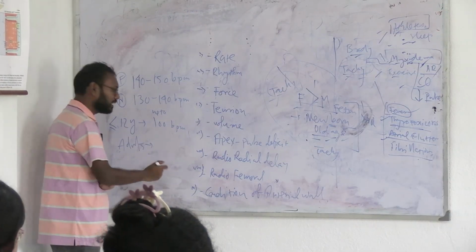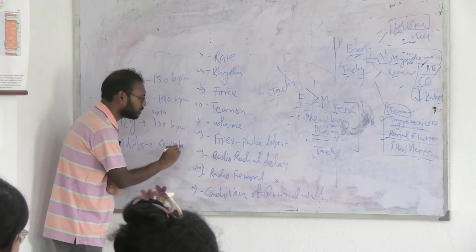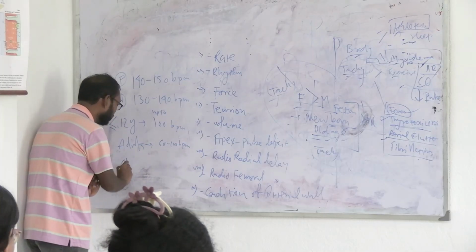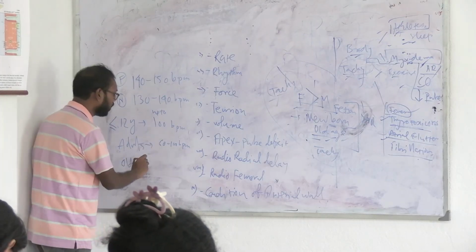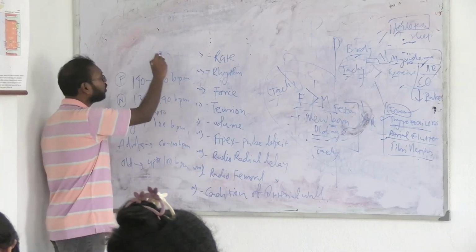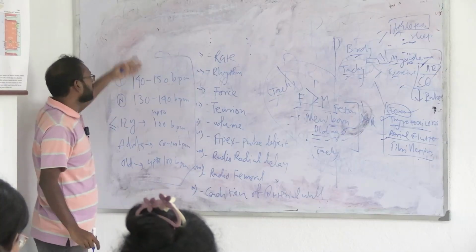Okay. In case of adults, the child has grown up, it will be 60 to 100 BPM, which we have seen as normal. And in case of old ages, it can also go up to 100 BPM. All of these are within physiological limits in various age groups. In various age groups, this is normal.